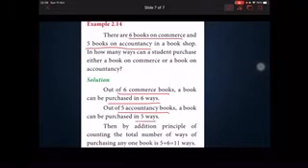Out of 6 books, there are 6 options; you can take any book out of the 6. Out of 5, there are 5 options; you can take any one of the 5. Okay, but she is going to select one book. So here we are using addition principle. So total number of ways of purchasing any one book is 5 plus 6 is equal to 11 ways.